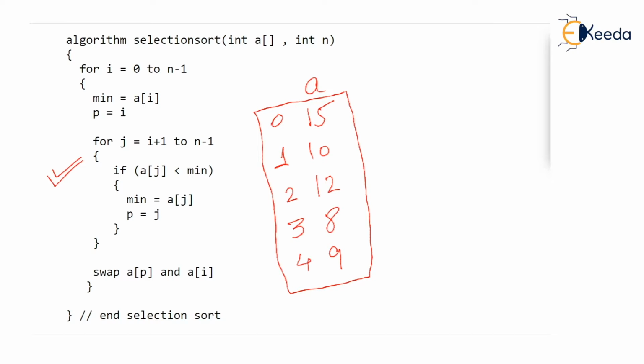What you will do is, you will take a variable min. Let's take a variable min and make it a0. Actually, minimum has to be found out, isn't it? And minimum is 8 here. But then you start assuming that minimum that we are finding is a0. That is, minimum is 15. A0 is 15. That's the assumption you start with.